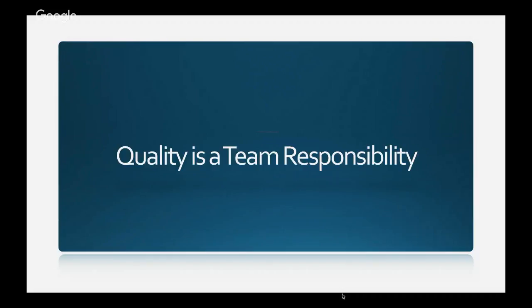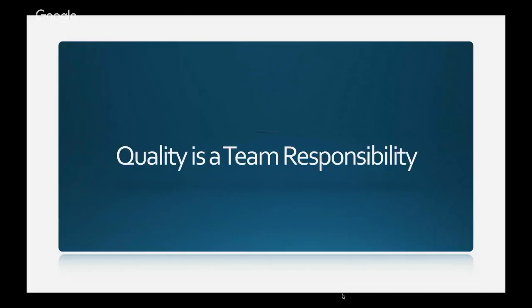So quality is a team responsibility. I keep on saying it to everyone. Just don't look to a software tester or a quality team for the quality of a product. No, it is not a good practice. Always talk to every team member. Try to provide them guidance. Talk about quality. Share your experience, and then you'll figure out if everybody is very much interested in maintaining